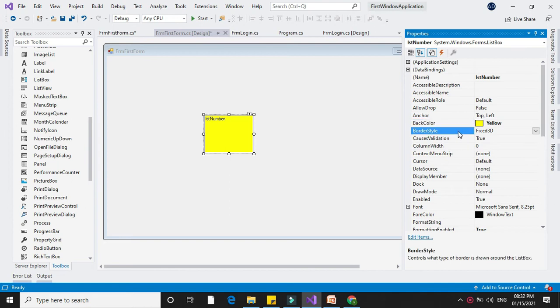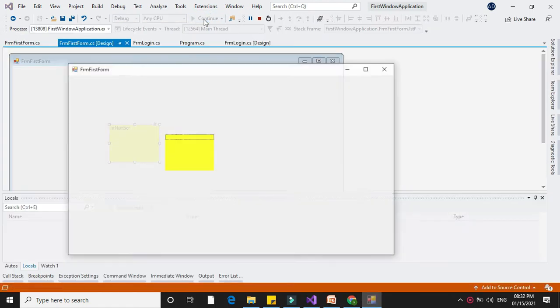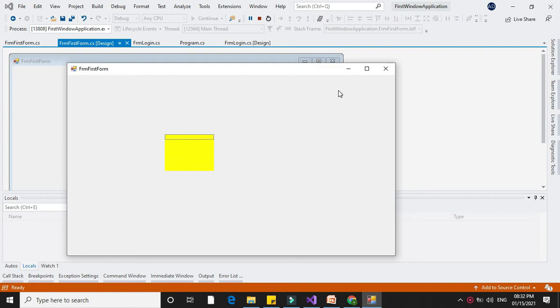Next is BorderStyle. If we give None and if we execute, it will not display any border here.